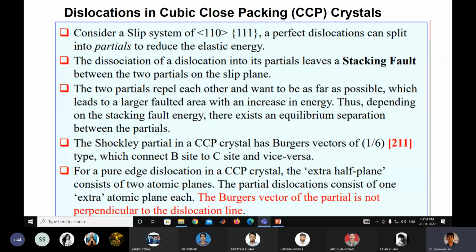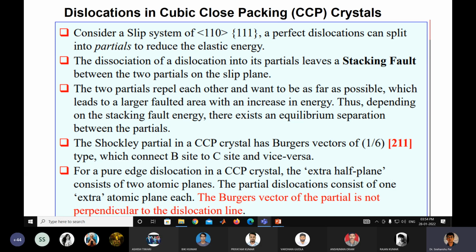But if such a partial is there, you may get ABC, AB, AB, ABC, ABC, AB, AB, in such a way. So for a pure edge dislocation in close-packed crystals,